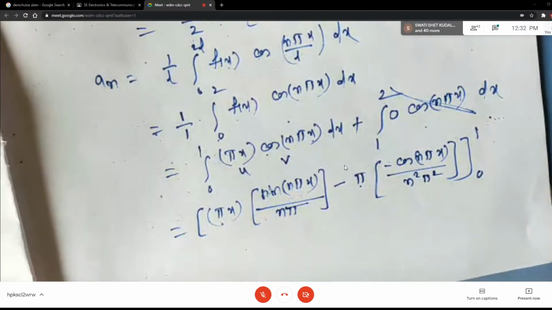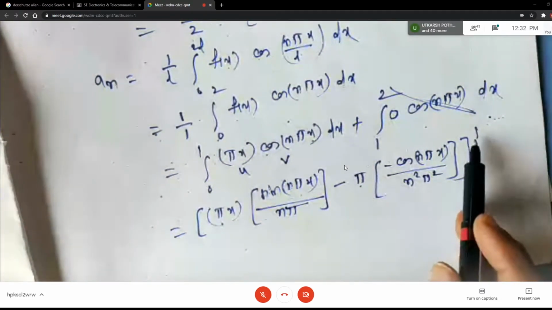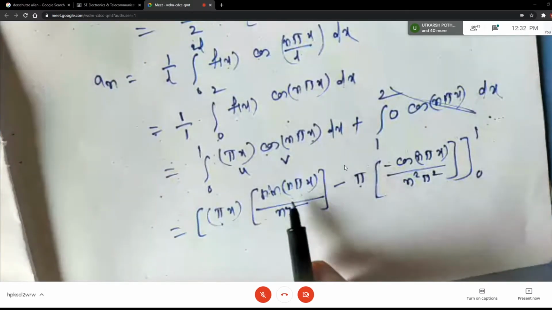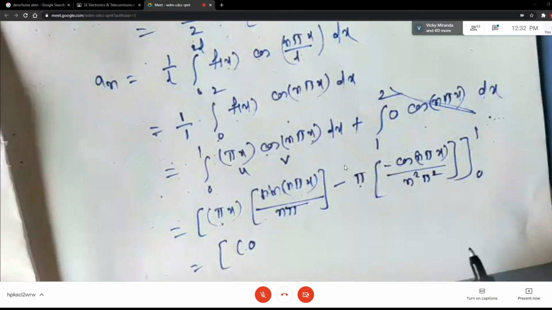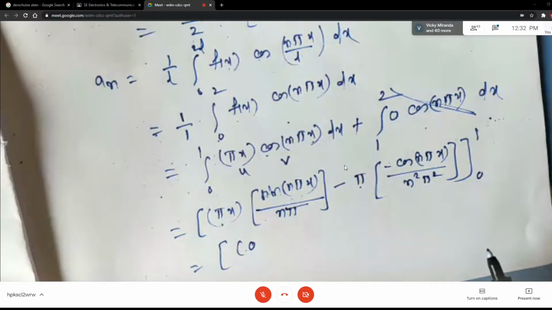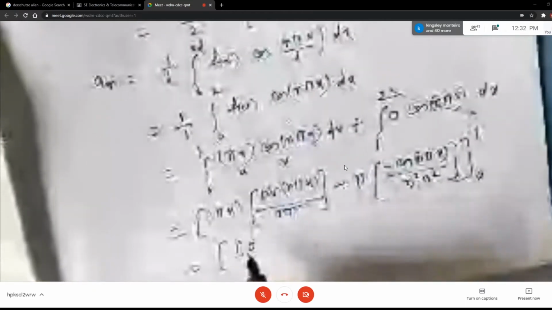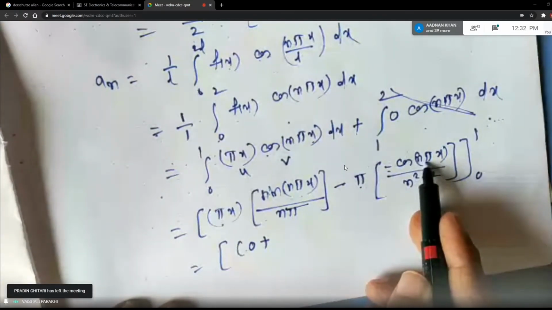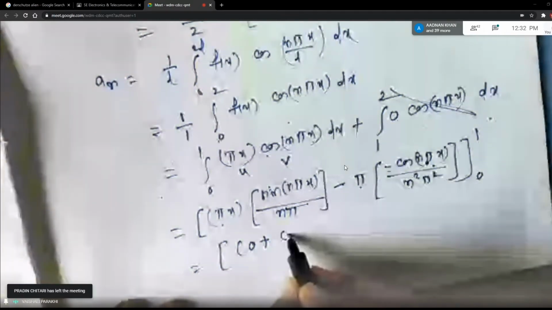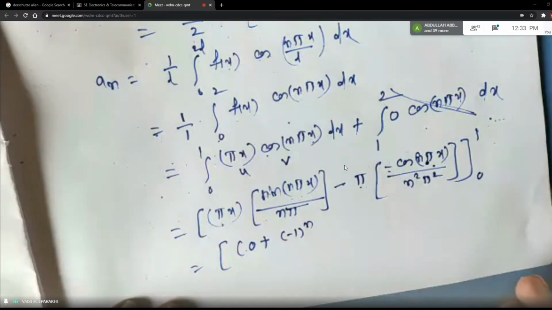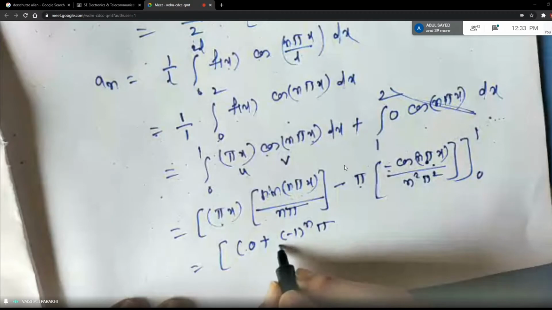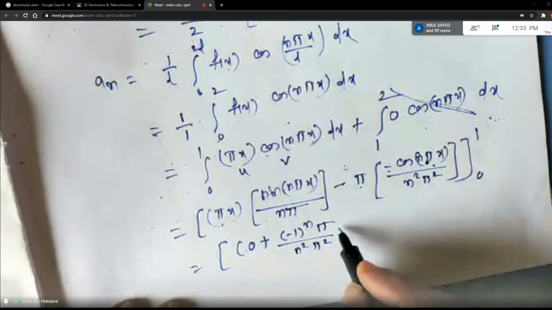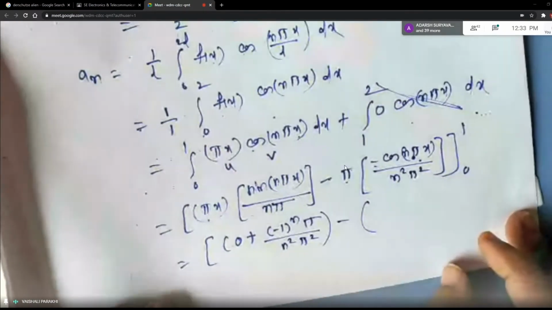Right? And now it's time to substitute the limits. Upper limit is 1, students. See what happens. Here if you replace x by 1, it will be sine of n pi, right? Sine of n pi is 0. So directly I am writing 0 for that. Minus. Here it is minus into minus plus cos of n pi. You know that cos of n pi is minus 1 raised to n. We don't know whether n is even or odd, so write minus 1 raised to n. This pi is there and this n square pi square is there. So one pi will definitely go. Minus. Done with the upper limit.